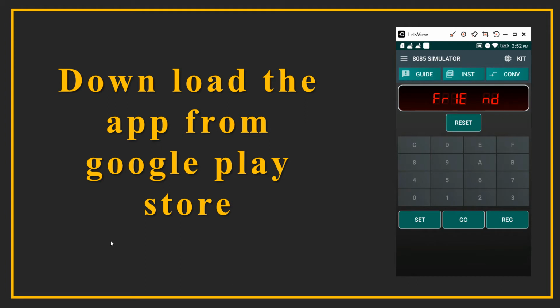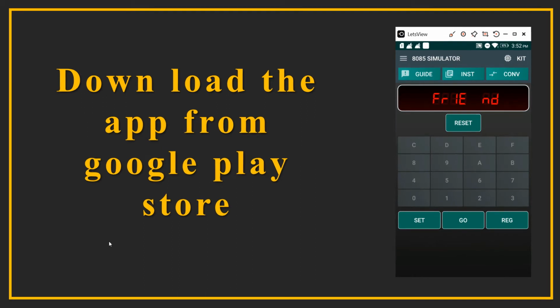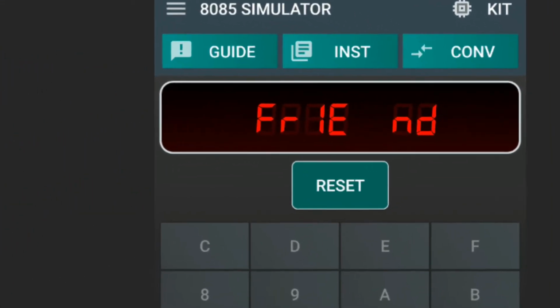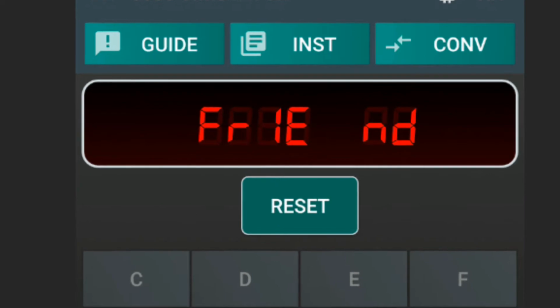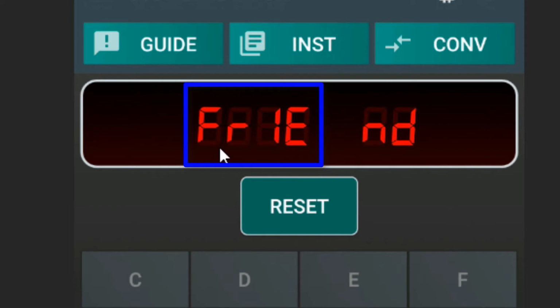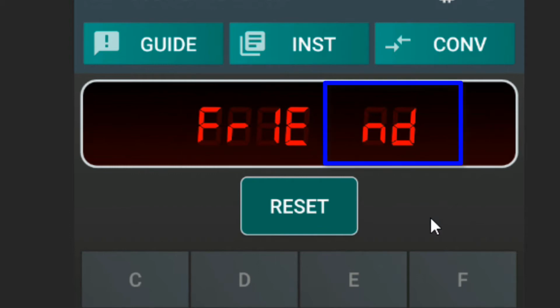The desktop of this app shows various buttons and an output screen on which you can see the addresses and the data. The output screen, as you can see, is divided into two parts. The four LED displays over here are used for the address field, and the two LED displays are used for the data field.